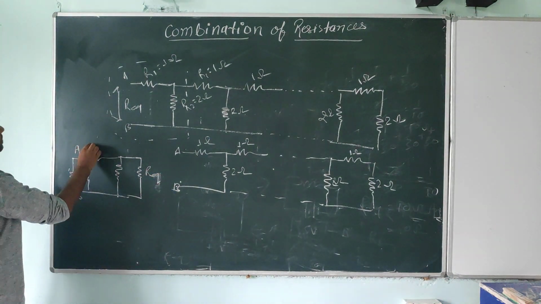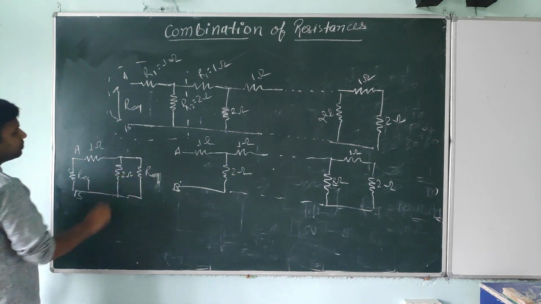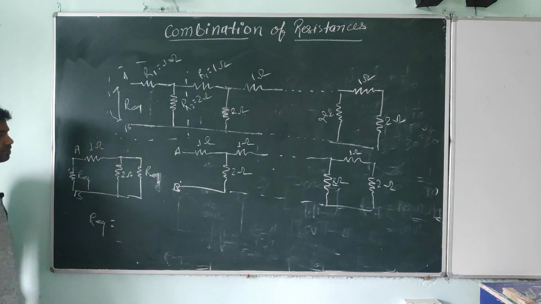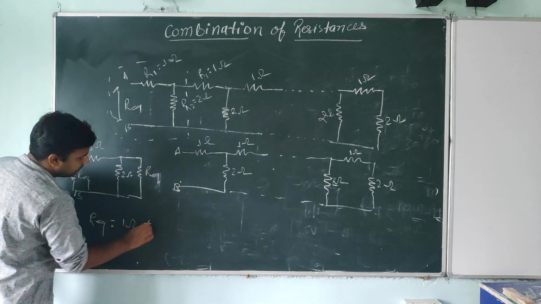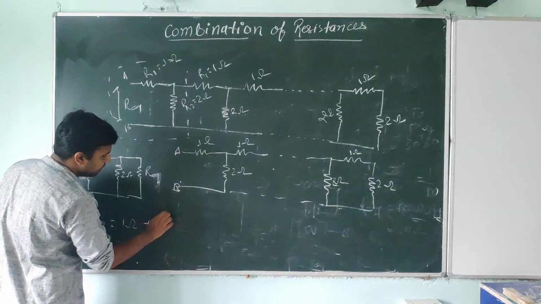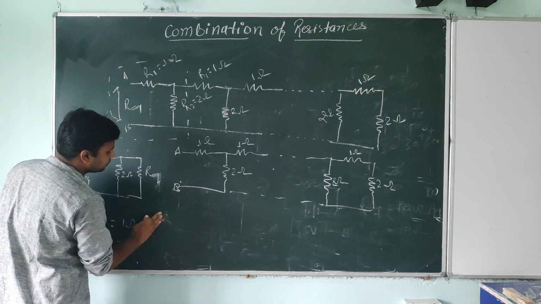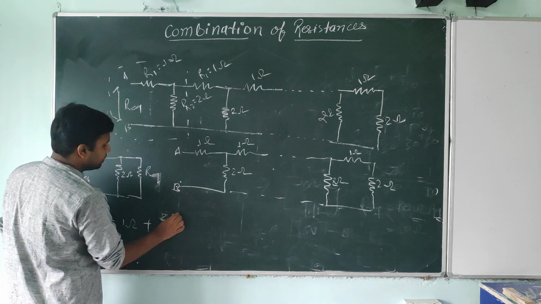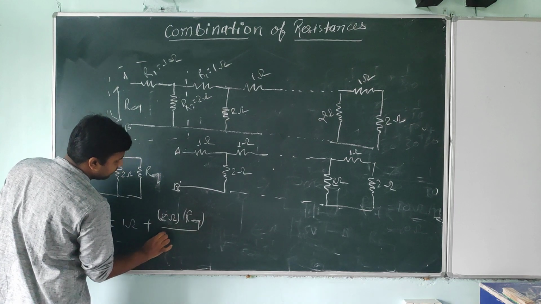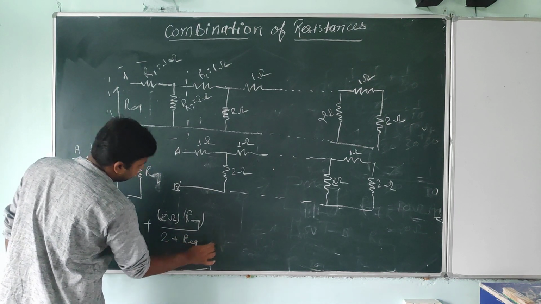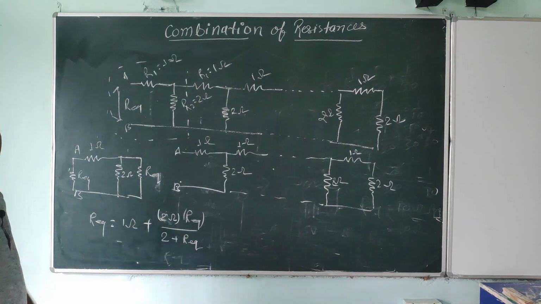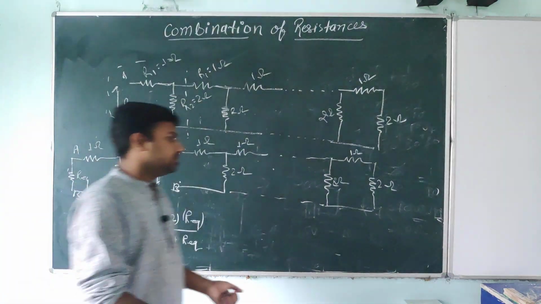Okay. Now here this one is the 1 ohm. This one is the 2 ohm. It means R equivalent equal to what? R equivalent equal to what you can write? 1 ohm plus, because this is in series, and these two are in parallel, and we know the result of parallel. So here what we can write? The 2 ohm, 2 ohm into R equivalent divided by 2 plus R equivalent. Is it or not? Now if you will solve this, you will easily get the value of R equivalent. Solve it, everyone.